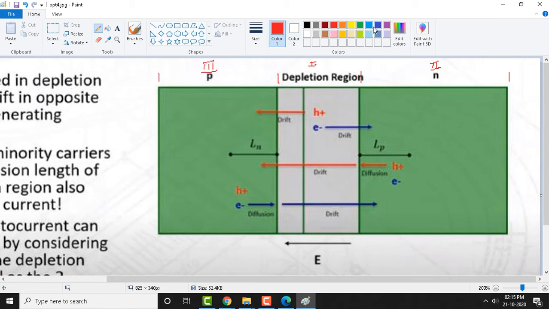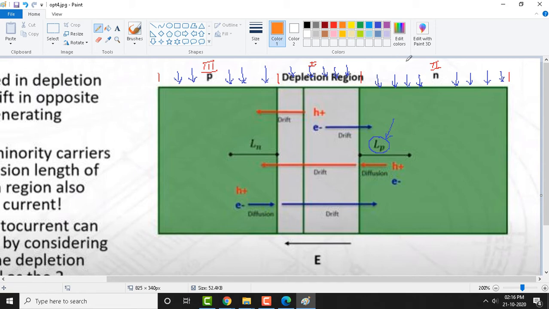If you make equal amounts of photons interact with all three regions simultaneously, let us say equal amounts of photons interact with this neutral N material. We have already seen the depletion region: it creates electron hole pairs and the field moves them to the P and N regions respectively. Now, we will analyze region 2 and region 3. Here one more parameter we need to consider is LP. What do we mean by LP?